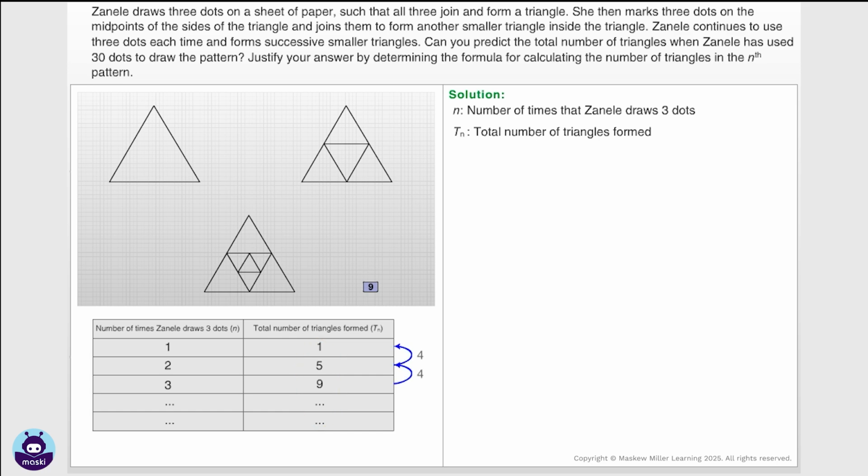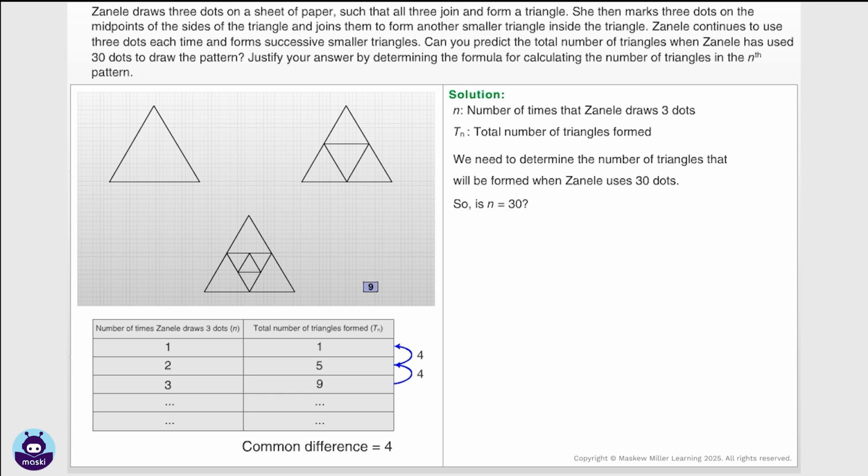Yes, it is a linear pattern because the difference P is 4 and is constant. We need to determine the number of triangles that will be formed when Zanele uses 30 dots. So, is n equal to 30? No! This is because n denotes the number of times Zanele draws 3 dots and not the total number of